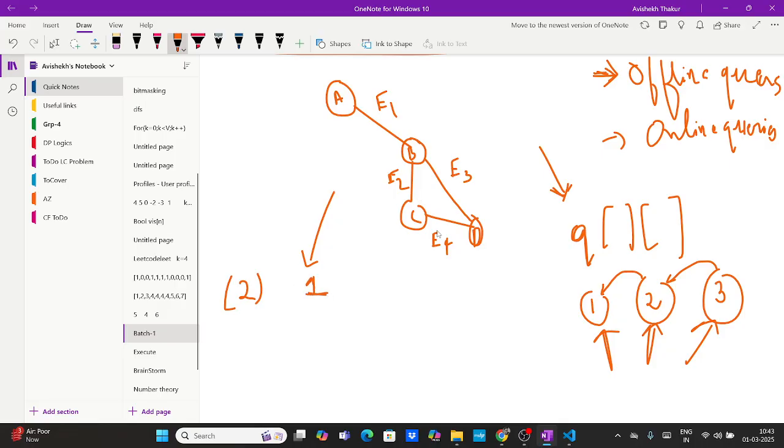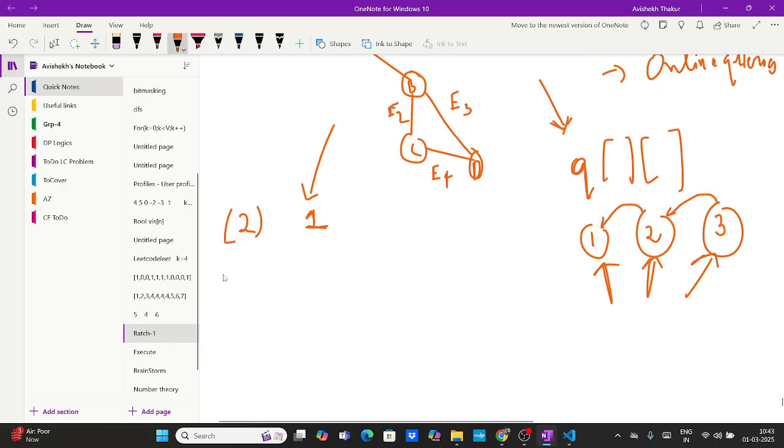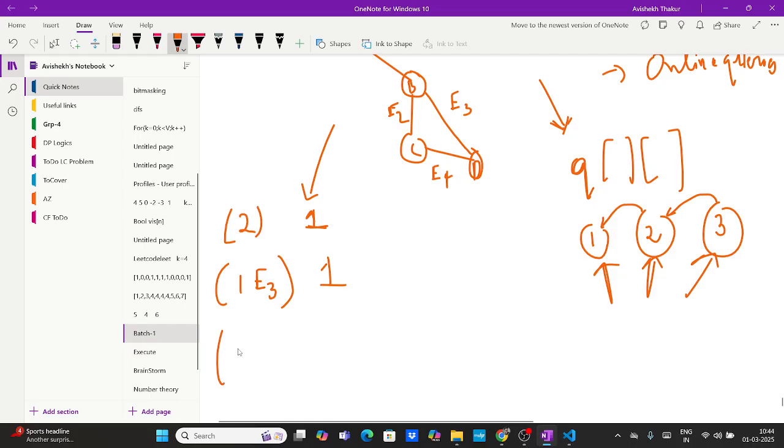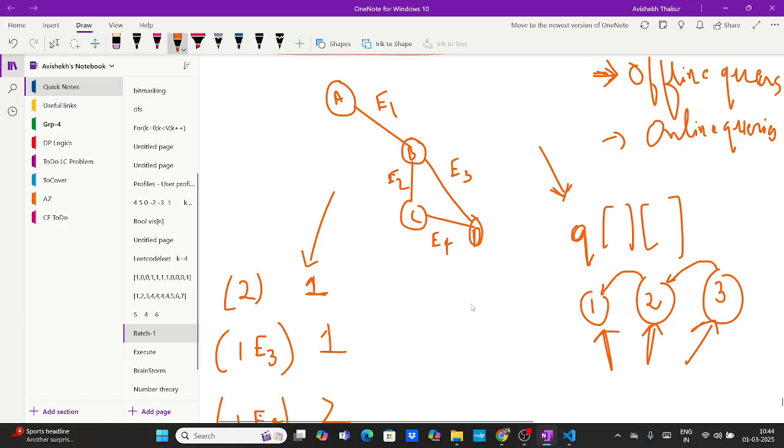Can I say one? Because there is only one component. Yes. Let's say I am asked 1 e3. 1 e3 means remove e3. So how many components? Still one. What about 1 e4? Two. Okay. So what happened now is